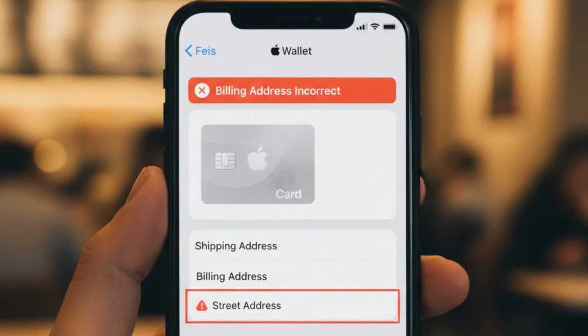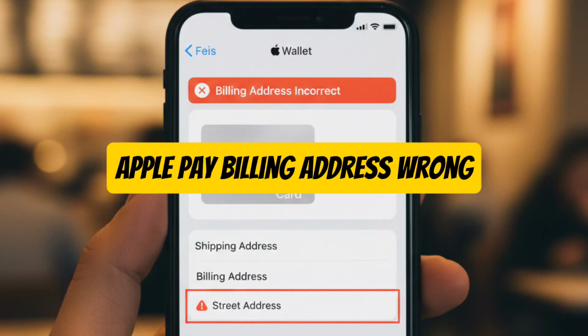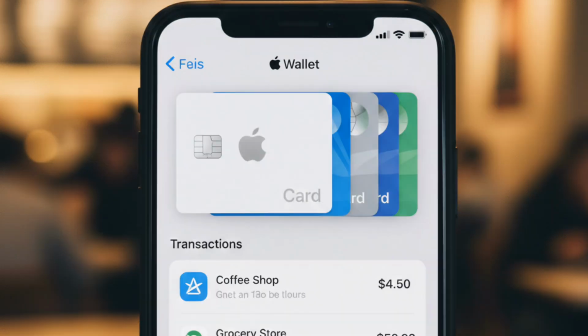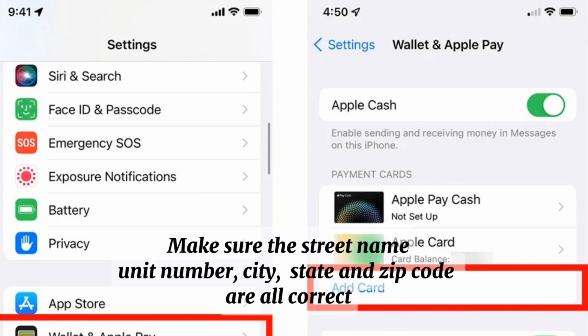In this video, I'm going to show you how to fix Apple Pay billing address wrong. First, open the wallet app, select the card that's having issues, tap the card details or settings option, and carefully review the billing address listed there, making sure the street name, unit number, city, state, and zip code are all